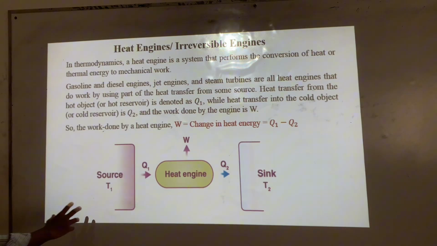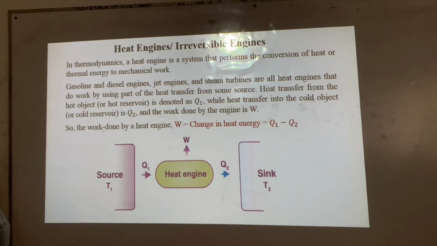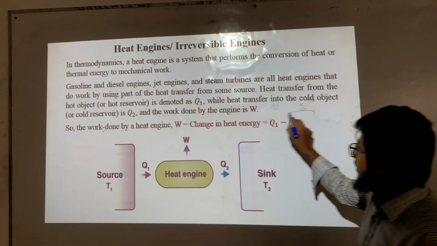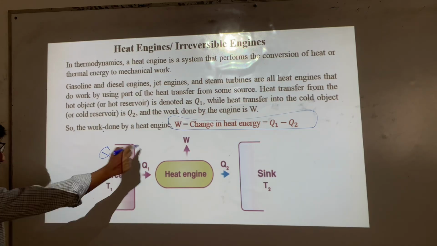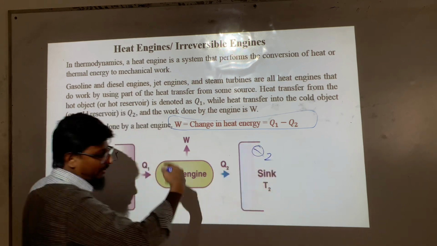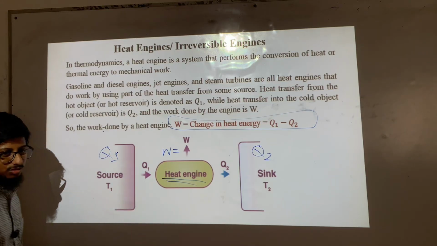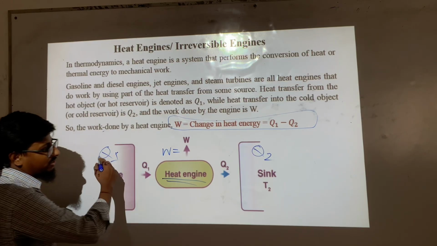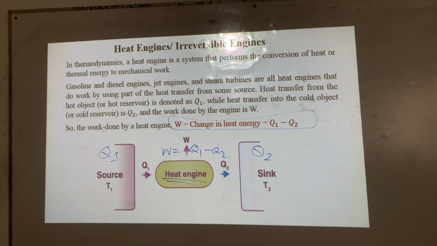Meaning that চুলা থেকে পাতিলে হচ্ছে কি করতেছো, হিট দিচ্ছ, আর কিছু না। তো হিট ইঞ্জিন হচ্ছে এমন একটা প্রসেস যেখানে কেউ একজন হিট দেয় আর কেউ একজন হিট শুধু নেয়। হিট ইঞ্জিনের ক্ষেত্রে একটা খুবই ইম্পর্টেন্ট জিনিস এখন বলবো, হিট ইঞ্জিনের ওয়ার্ক ডান কিভাবে বের করবো। যে হিট দেয় সে দেয় Q1 হিট, আর Q2 হিটটা বের হয়ে যায়। ইন দ্য প্রসেস এই ইঞ্জিন কিছুটা এনার্জি ইউজ করে। এটা হচ্ছে ওয়ার্ক ডান। কতটুকু আমি দিলাম, সেখান থেকে কতটুকু বের হয়ে যাচ্ছে, এই ডিফারেন্সটাই হচ্ছে আমার ওয়ার্ক ডান।